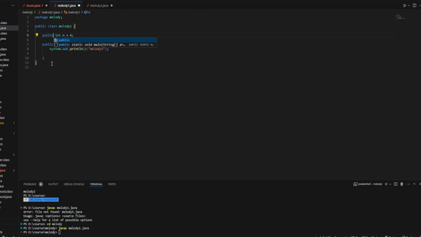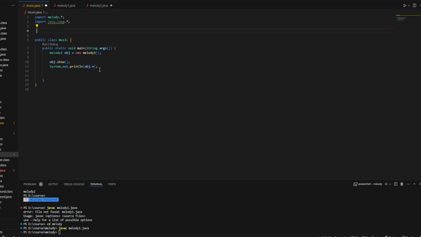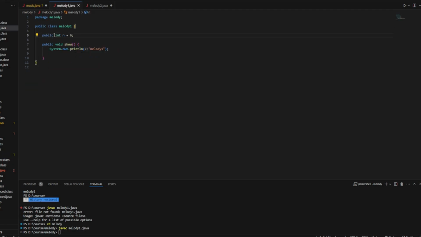As soon as I make this variable public, you can see the error is gone. You know why? Because the variables must be declared public, only then can we use them across any package or any files. So in order to access the variables from anywhere, we need to declare them as public. I hope it is clear. Now public is clear. Let's move to private.